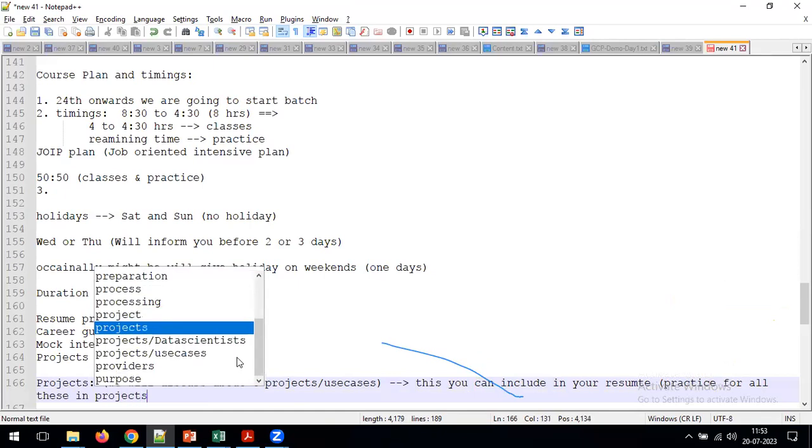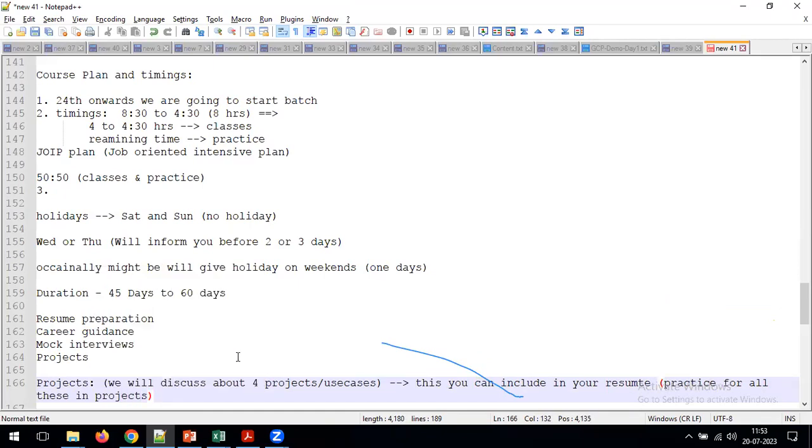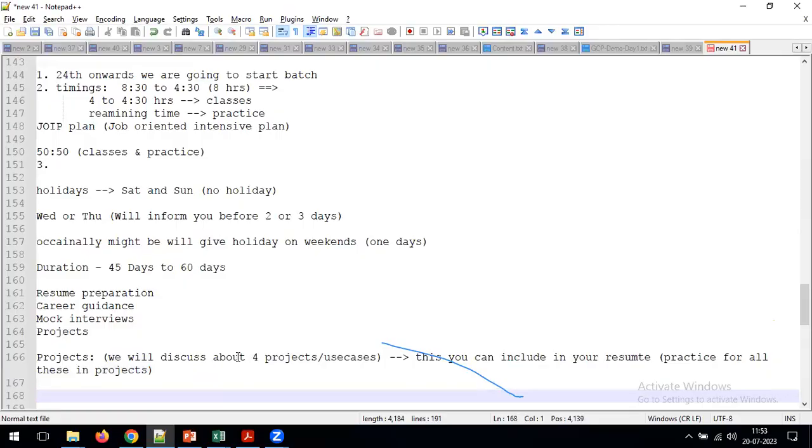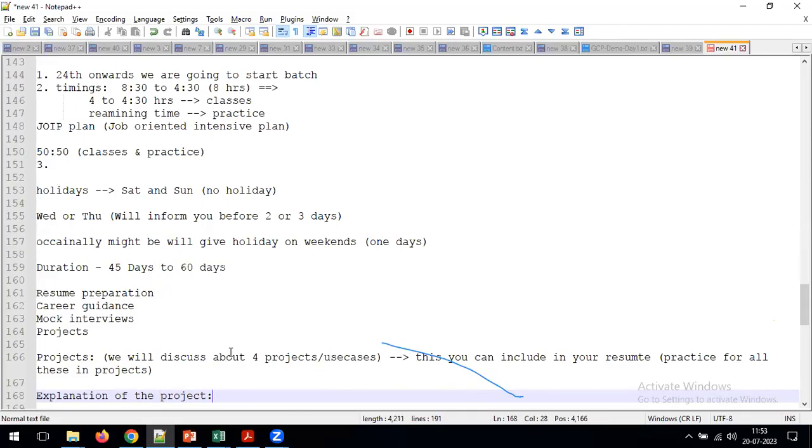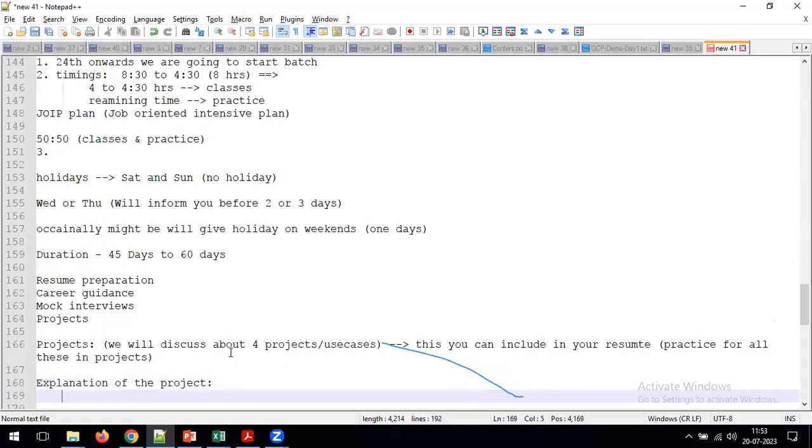You are going to perform all these use cases or projects in the class as a project. Here we are going to provide one more support, which is nothing but explanation of the project. This is a very, very important thing. Please try to understand, Andy. Explanation of the project means, if you are already a real-time employee,